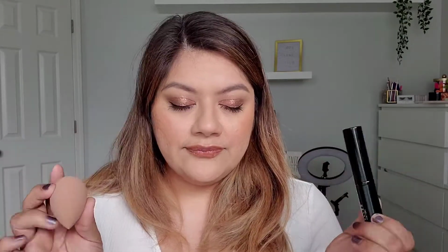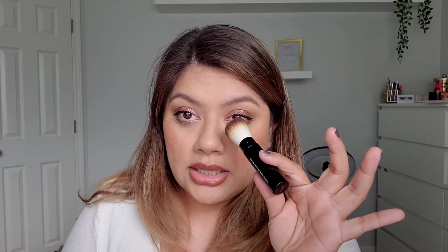Let's talk about these together though, because I kind of use them interchangeably. So I also have this retractable brush. This is a Laura Geller retractable powder brush. It doesn't have to be this brand. It can be any brand's retractable brush. I use this mostly when a little eyelash falls on my face, on my makeup, or I have little brush hairs, whatever. I'll use this to blow it away, because if I use my hand,